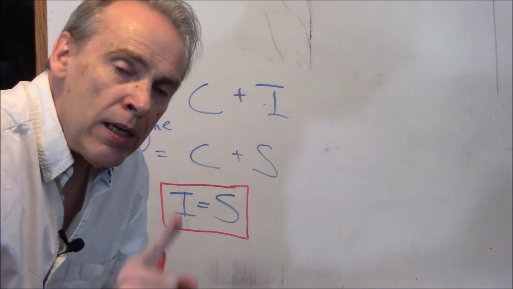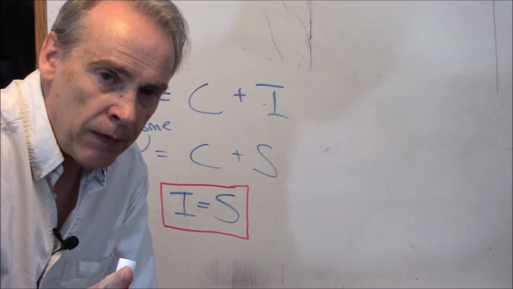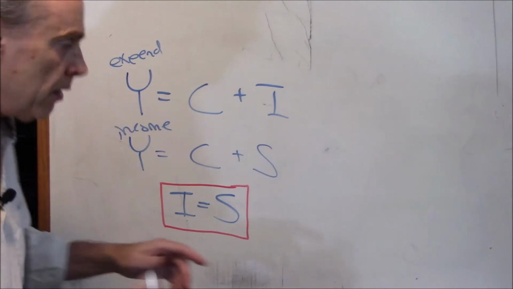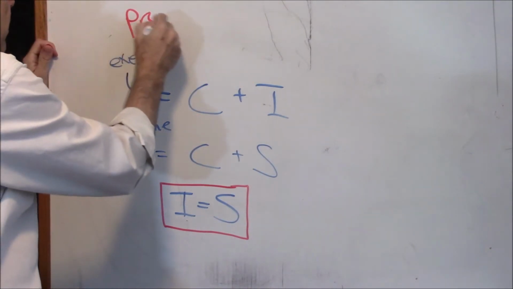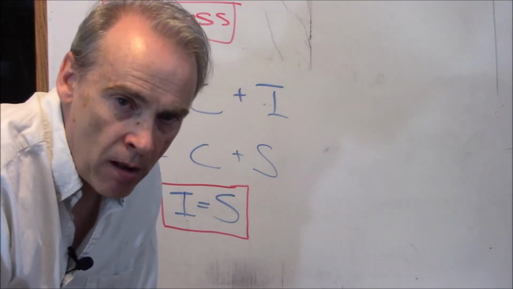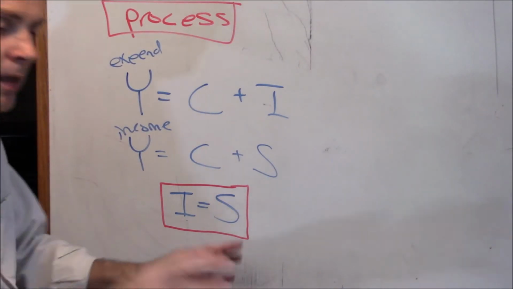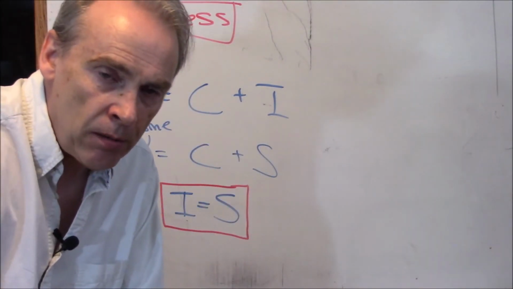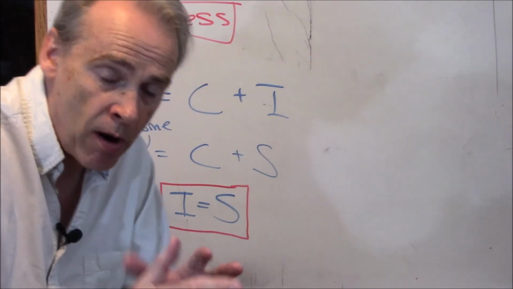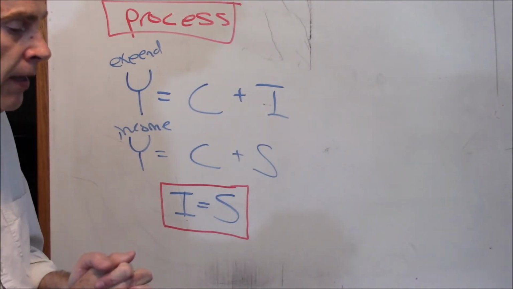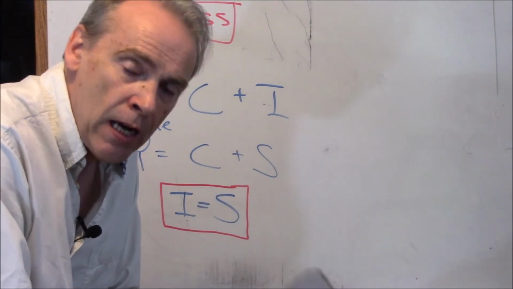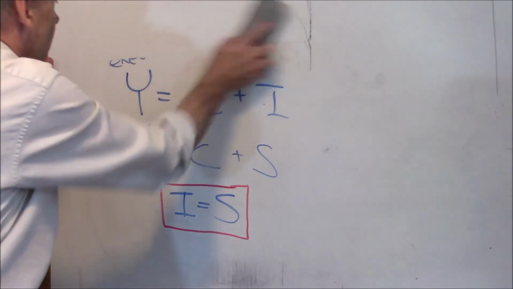Okay, so there's not going to be any disagreement over that among all the various schools of thought. What there is disagreement about, and listen carefully to this, is the process by which they are equated. How do they come to rest at equality is the question. And in this neoclassical model I'm going to show here, the process by which they return to equality, if ever they're knocked out of equality, is a nice, happy one because it ends up keeping us at full employment, keeping us at a point where everyone who wants a job has a job. And let me illustrate here.